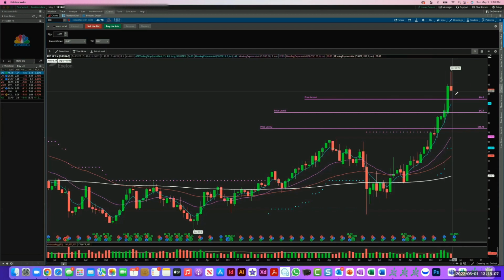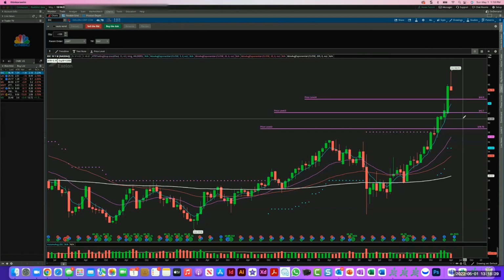So obviously what we would do here is mark this chart. In the event that the market for the next couple of days or weeks is going to be moving down, this is a stock that we would buy to the downside and would feel comfortable buying to the downside,